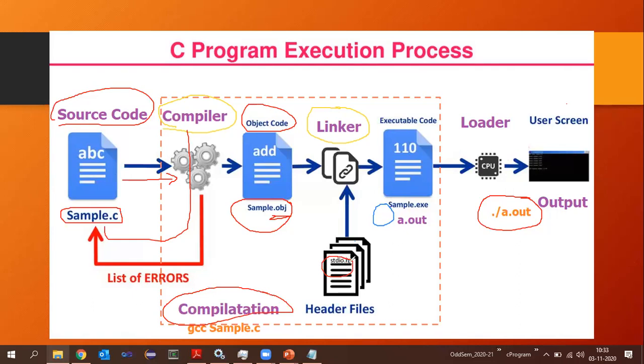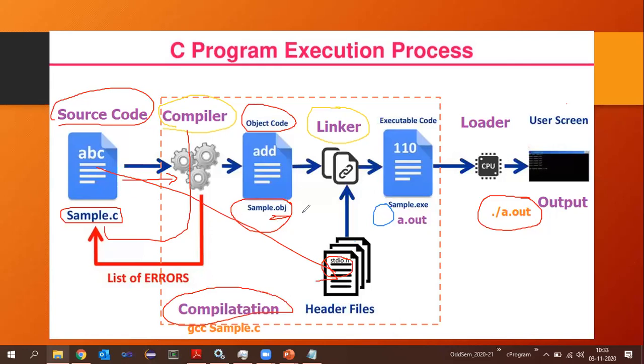These are some of the header files. We have included them in our source file. The first statement itself is #include <stdio.h>. So including means we have given a link to this stdio.h file in our source code.